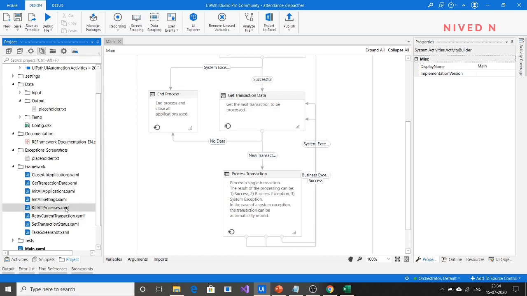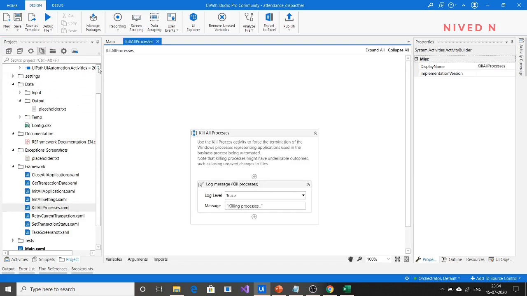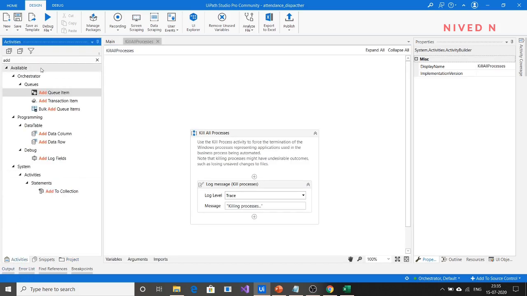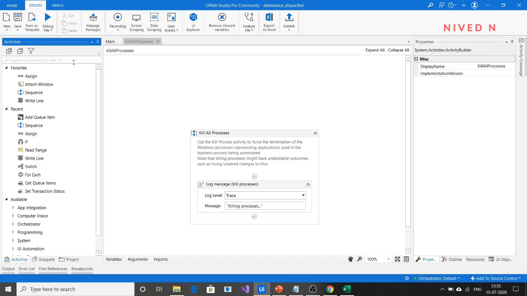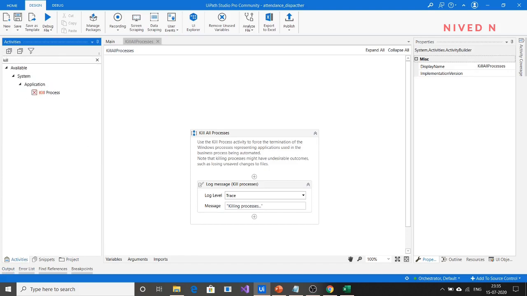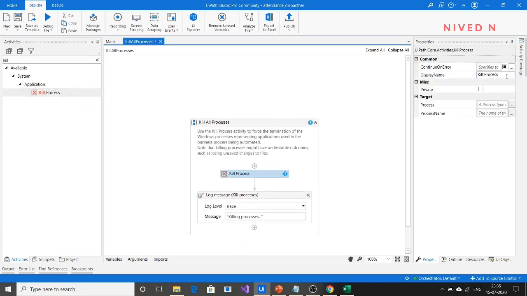So just open kill all process and add the kill process activity here. We want to kill the Excel process, so give it a name, kill process Excel, and specify the process name as Excel. Then just save it.